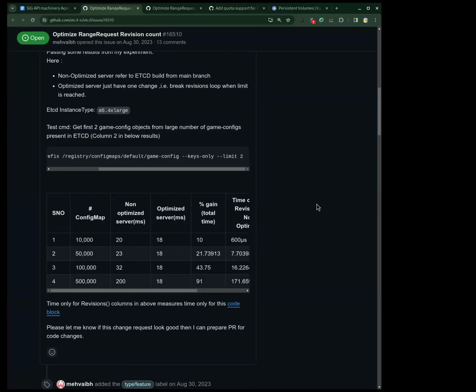Because we get the count from the first call, we can use that to calculate the remaining item count that we send to the clients today, and encode that in the continue struct is the idea. Right. Yeah, encoding it into the continue token, which is opaque today.